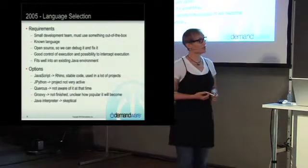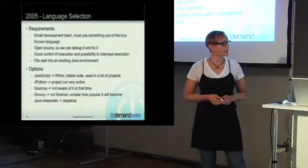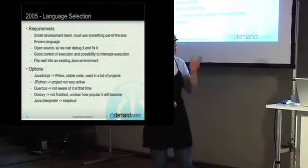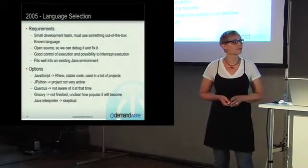Groovy was coming up at that time, but it was not finished yet, so it was unclear how popular it would be. That would have been another option. And actually at that time there even existed a Java interpreter, but I was a little bit skeptical about it. So that's why we chose JavaScript, and as a coincidence, when you think about 2005,